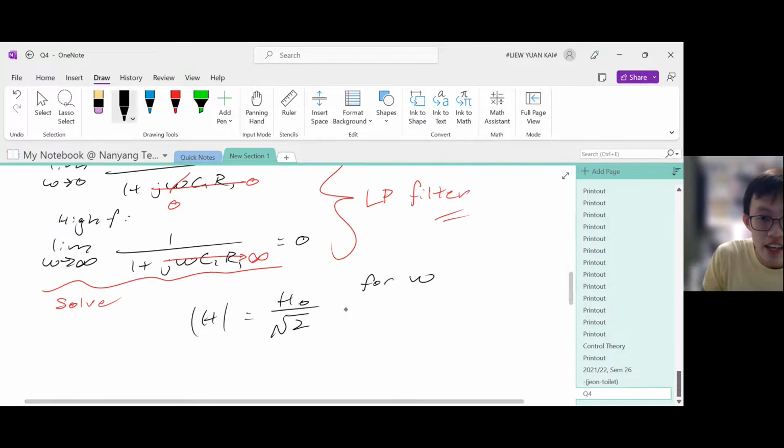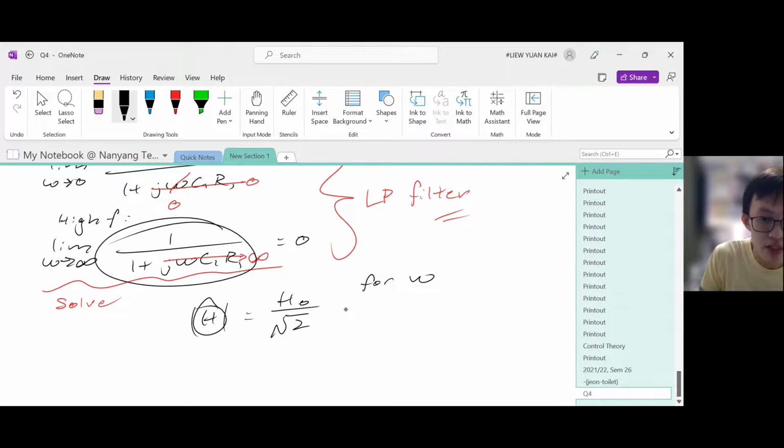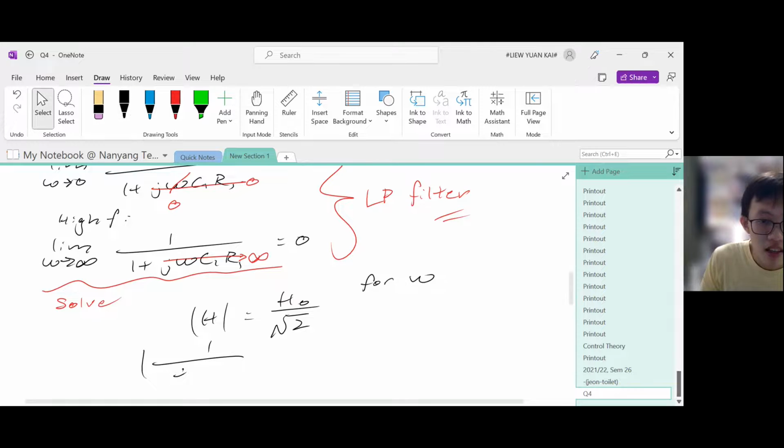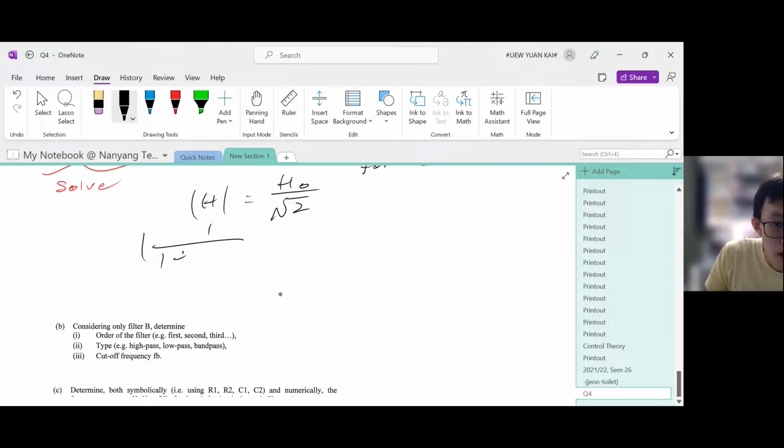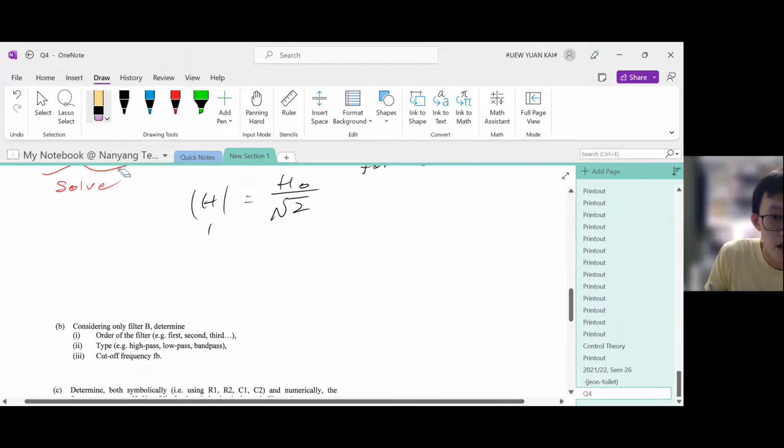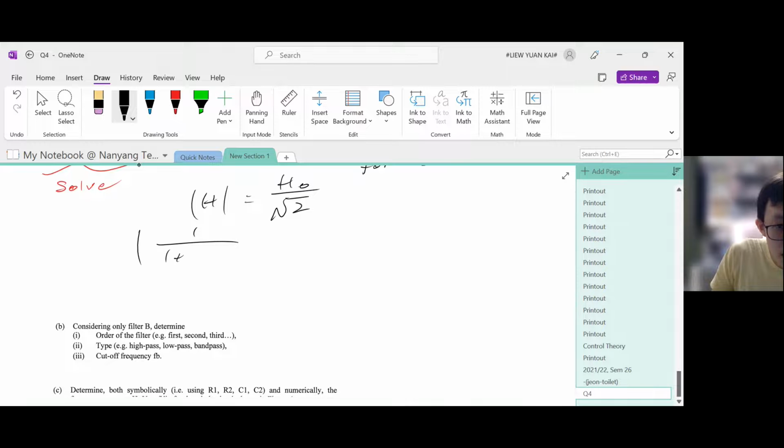Again, this gain, H, is what we got here, which is this expression. So let us just put it in: 1 over 1 plus j omega C1 R1. This is our gain, and it is equal to